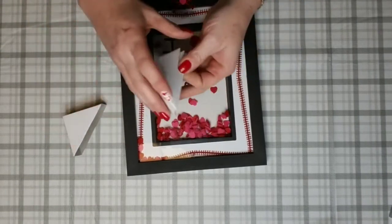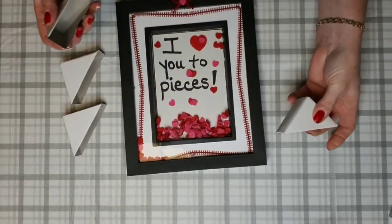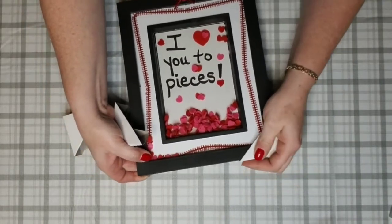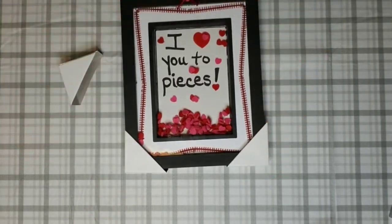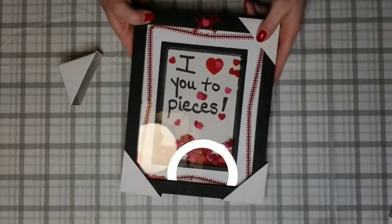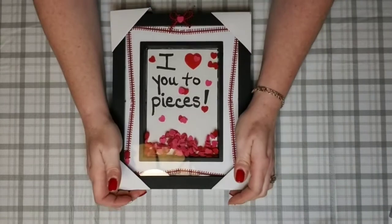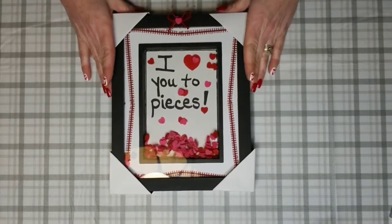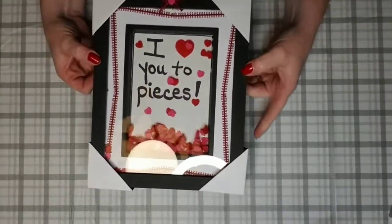Remember these? Almost forgot. Thanks, Miko. Let me just put these back on the corners. That way when it either goes home from school, if teachers are going to do this with the kids, it'll protect the actual frame, and if not, it's easier to wrap for